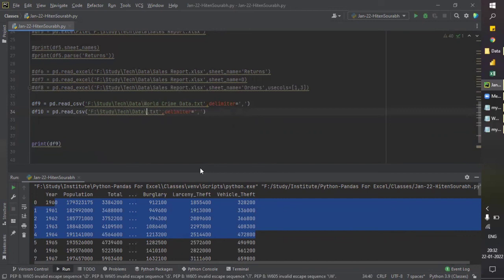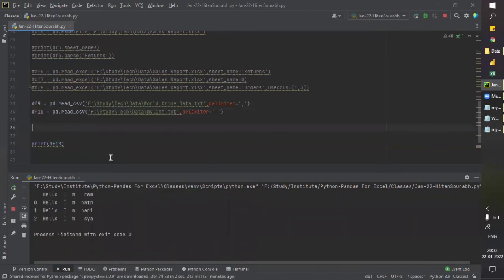Our delimiter is a space. Let's just keep one space, and df10. Let me run this. It should be fine. Here we have the data separated by space. So this is how we can load any text data here.